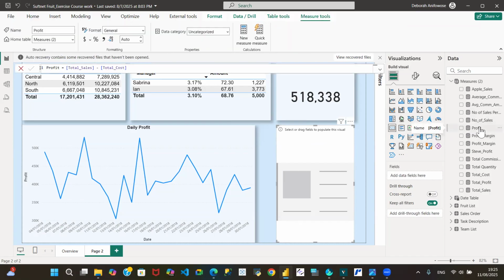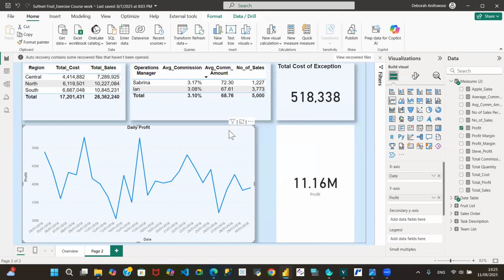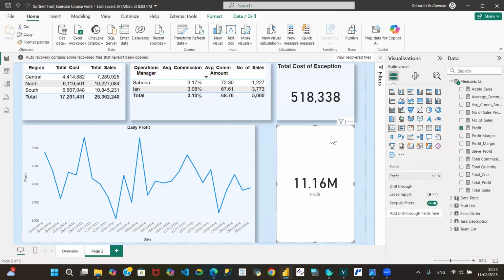This is profit. So this is the total profit. Am I using the right profits? Yes. So this is the total profit, but we want the maximum, the highest, for the week. Let's try and see if we can even get the maximum. So I don't want this to summarize. Show value as no calculation, percentage of grand total. I want it to give us the maximum